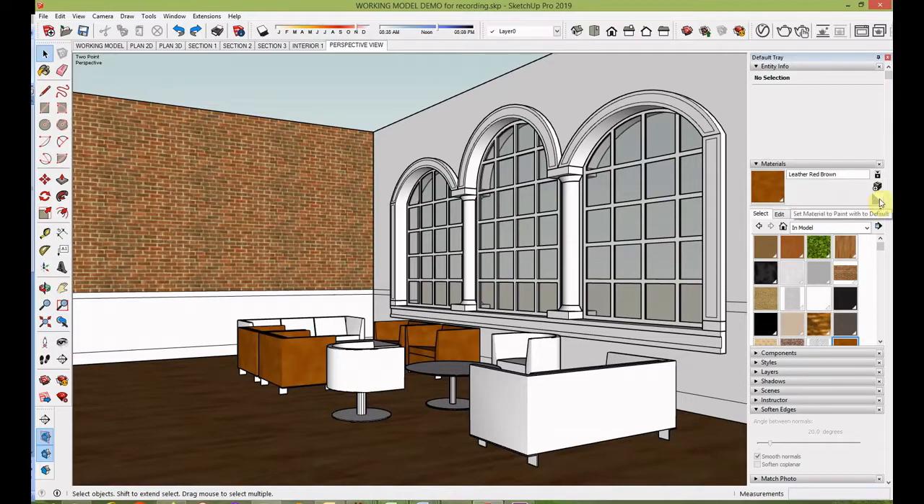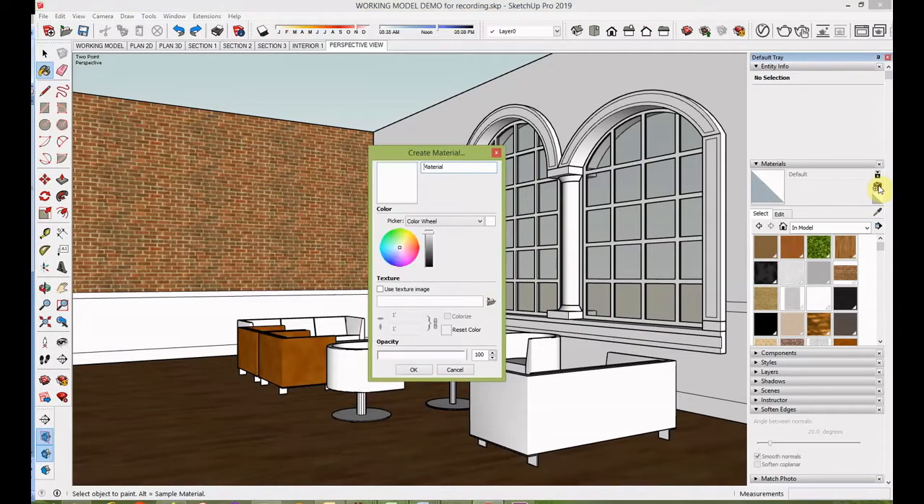There is a little button here, and if I click on it, I am now set to the default material. The default material is what all of these unpainted materials in my model are. They're set by default to the default material. So I want to create a new material. I've clicked on the little default material button, and right above it is a create material button. I'm going to click on that,